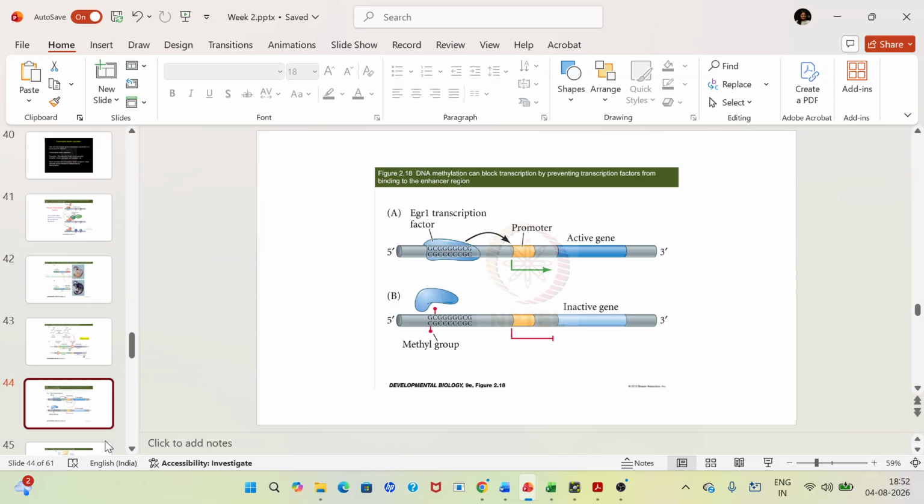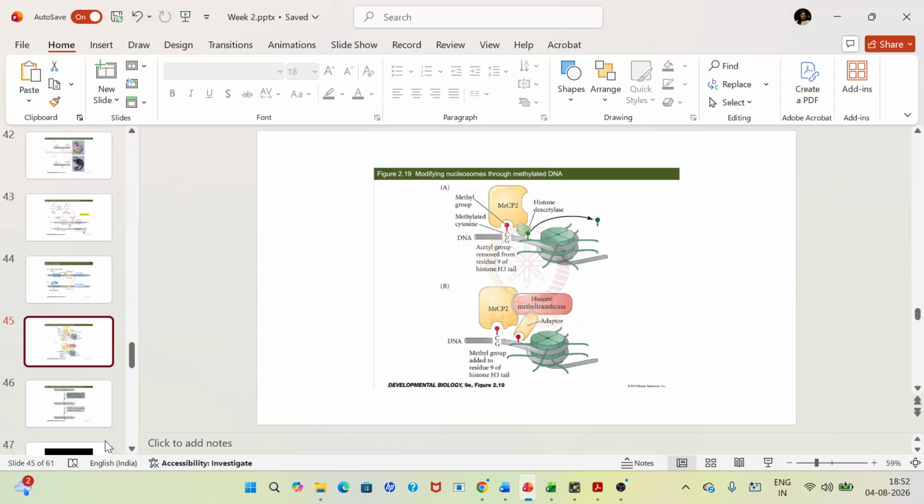So again, as I told you, if in the promoter region or near the promoter region, any kind of methylation is there, obviously the transcription factor won't be able to bind in that particular area, and then if it is not able to bind in that particular area, it won't be able to reach the promoter, and that is how the gene will be inactivated. Okay. So again,